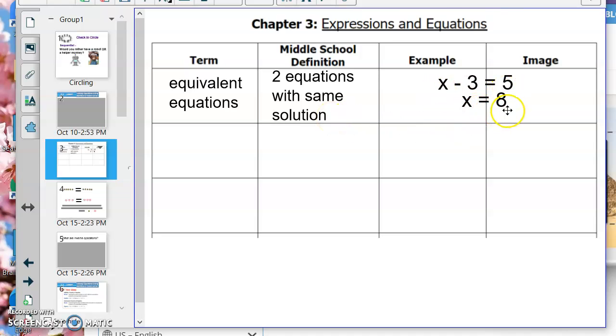So if we look at these two equations here, well, the solution here would have to be 8. So 8 minus 3 would give you 5. So that means that these two would be equivalent equations because both of the equations have x equaling 8 as